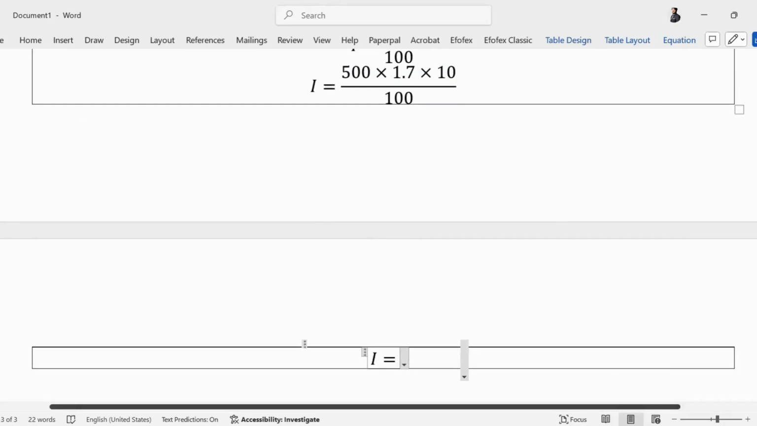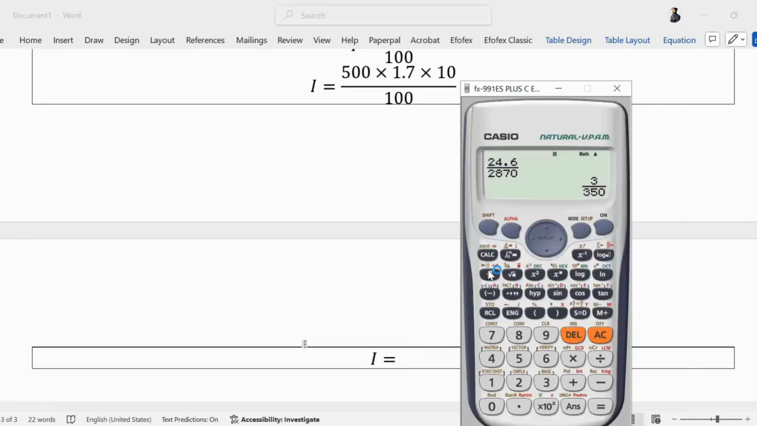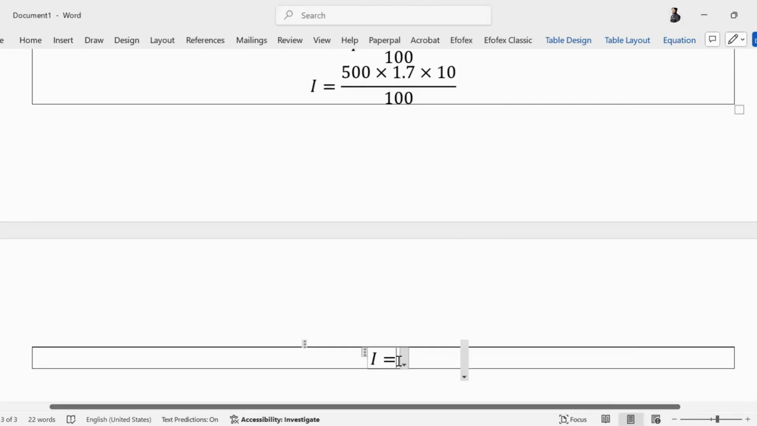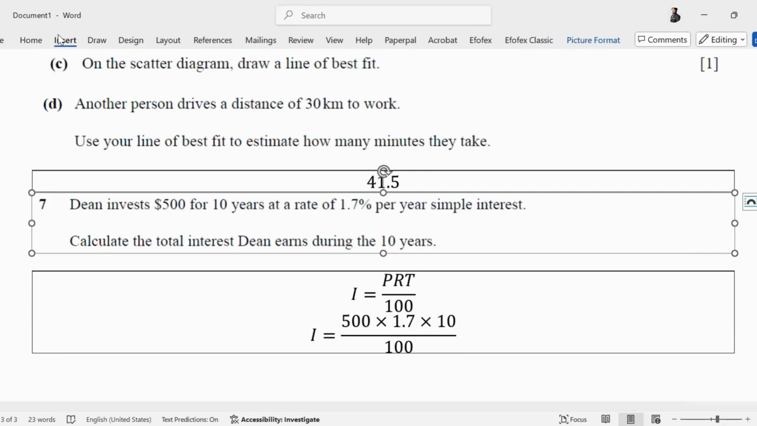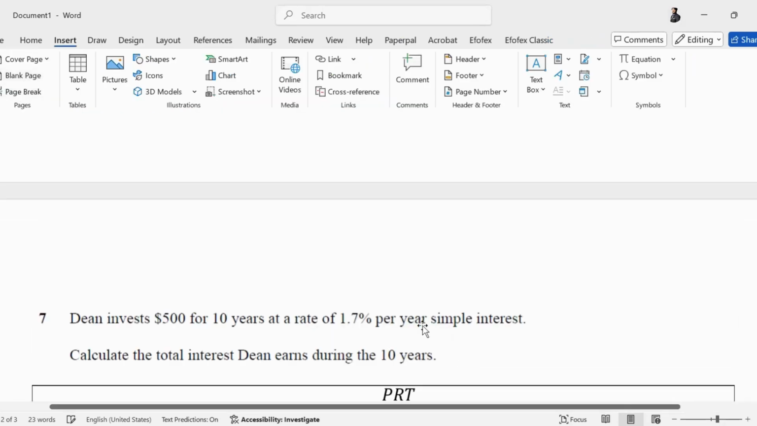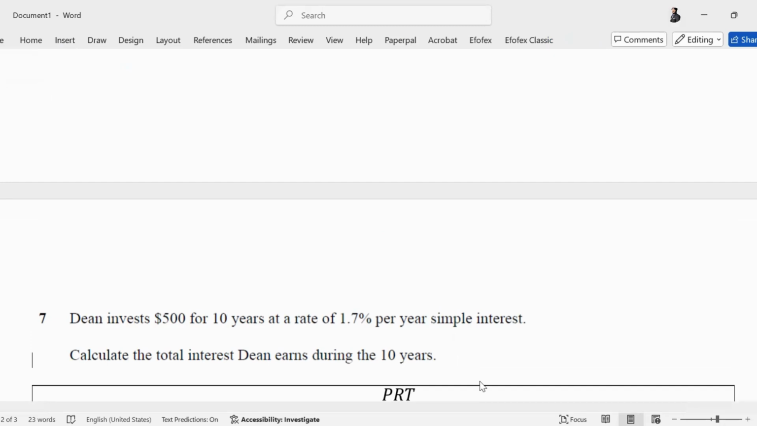So the interest that you'll end up with is 500 times 1.7 times 10, and you can divide it by 100, which is 85. So make sure you read the question. The question is just asking you the interest or the total value. So the total interest that Dean gets during the 10 years is $85. Okay, next is